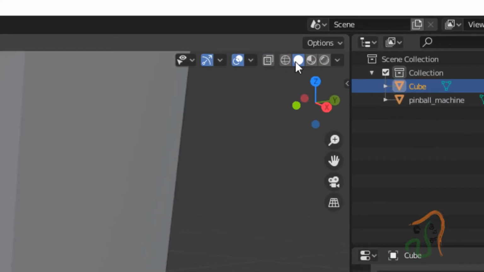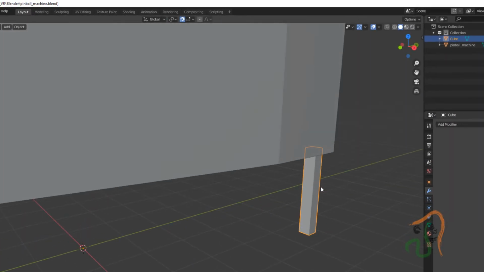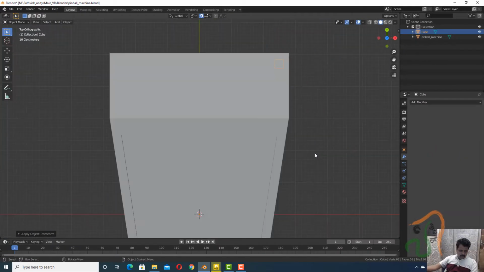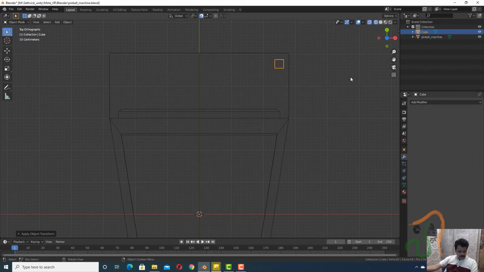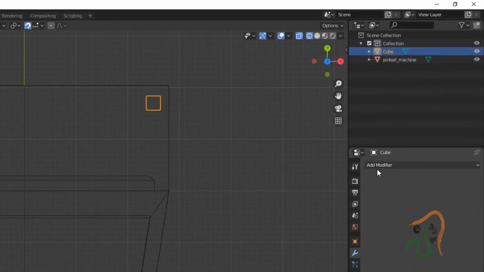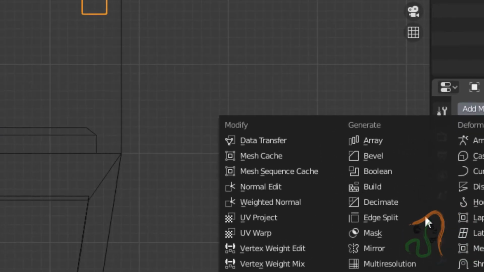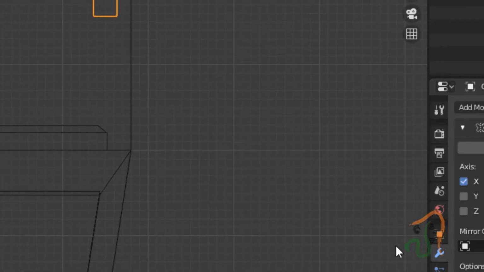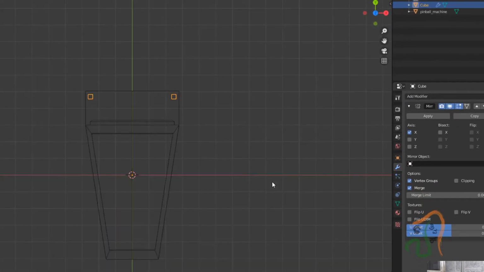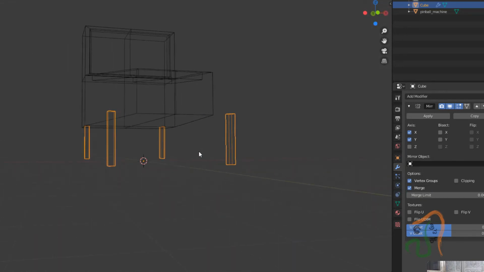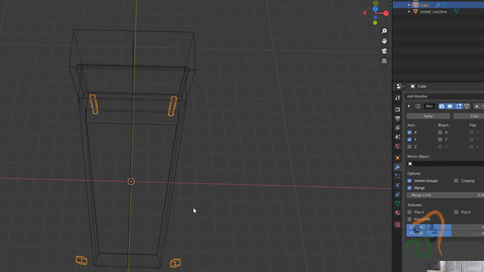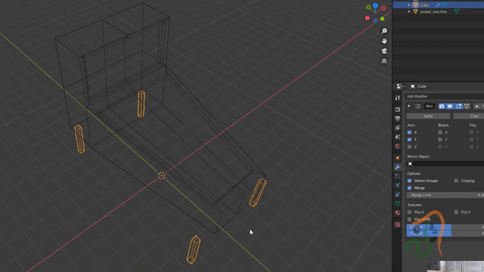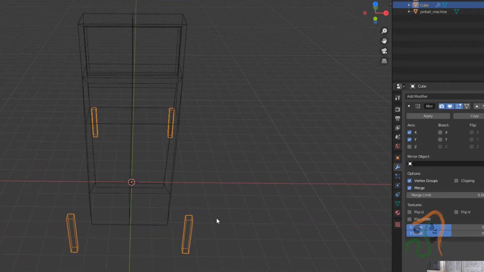Come to the shader view. Okay, this leg is fine. Now come back to top view, and in top view again come to wireframe mode, and with this selected, come here in the modifier and apply the mirror modifier. When you apply X mirror modifier, you can see the mirror applied over here, and Y also let us apply. Okay, the Y is slightly moving out, it is coming out here. So let it be, we shall adjust this position later.